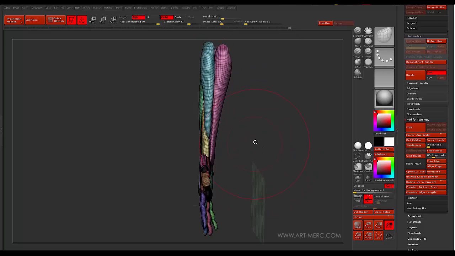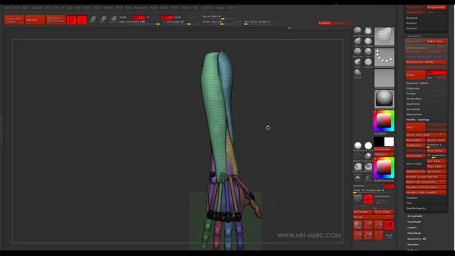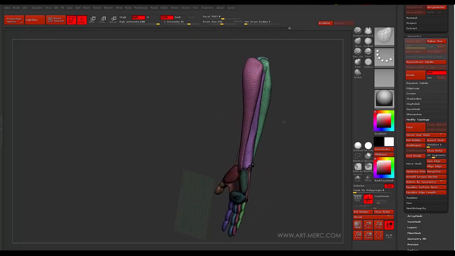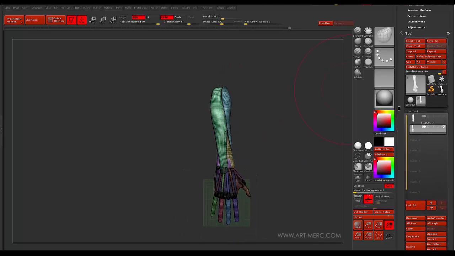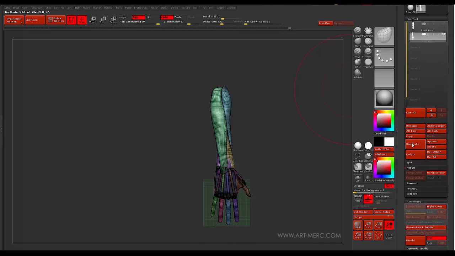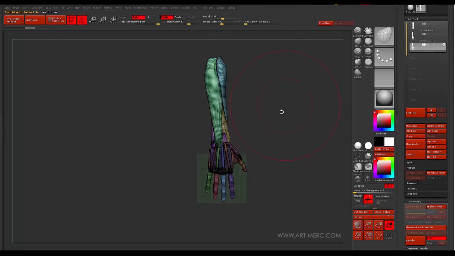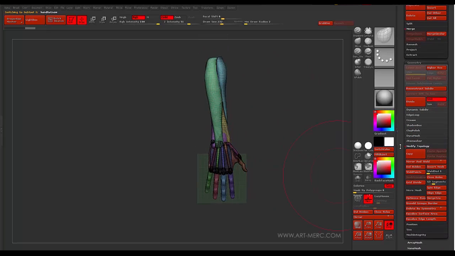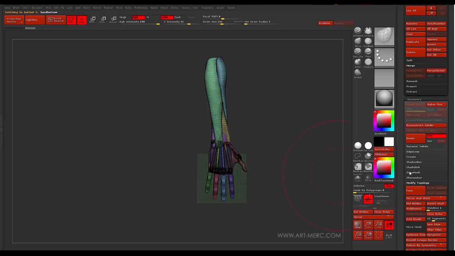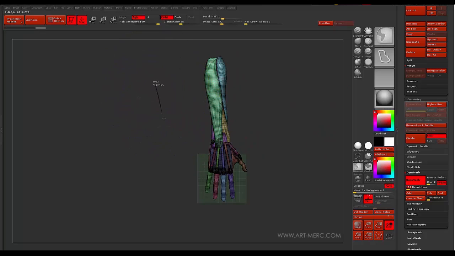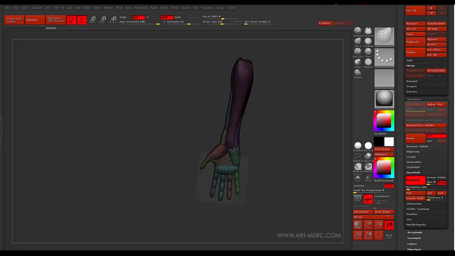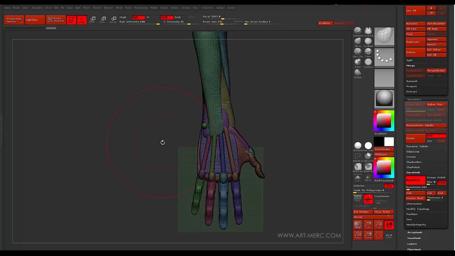All right, so now that we have this, we want to go ahead and dynamesh this entire piece together. So before I do that, I'm going to go ahead and make a duplicate in case for some ungodly reason this thing goes wrong. Of course, we just did our save as well, so that's not a huge deal. So I'm going to dynamesh, set the resolution to something like 100, and control click and drag. It's going to go through, do its projection, and then now we have